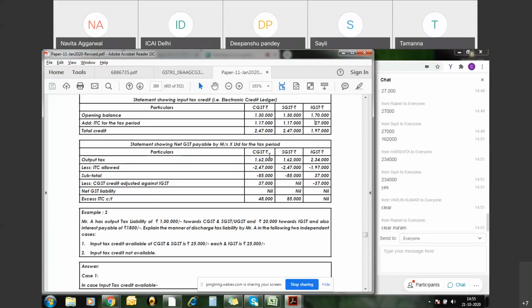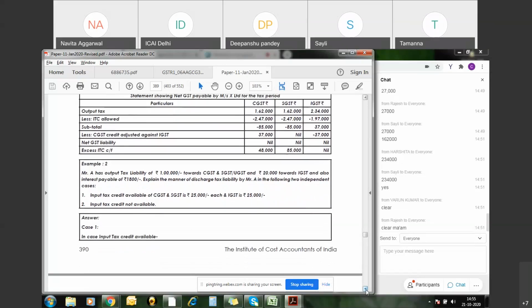Suppose in the given example there had been no intrastate purchases or sales, only IGST. Then what would have happened? The ITC against IGST would be set off against the outward liability, and 37,000 of liability would still remain, but we would not have any input available under CGST and SGST. So this 37,000 in that scenario will be paid in cash through the GST portal by X Limited. This is how the liability is computed.